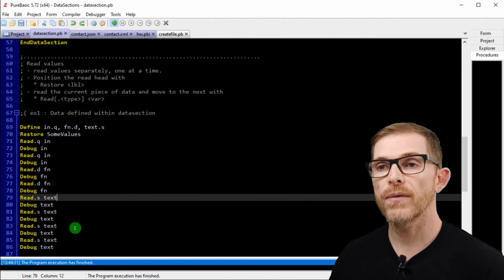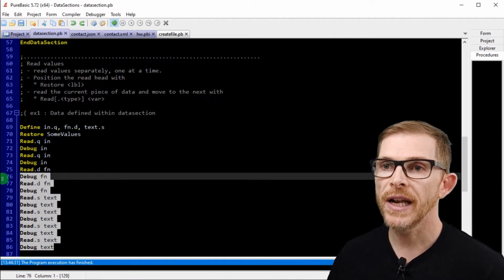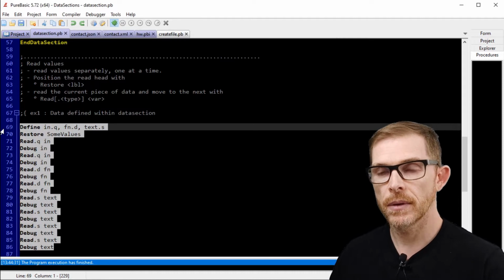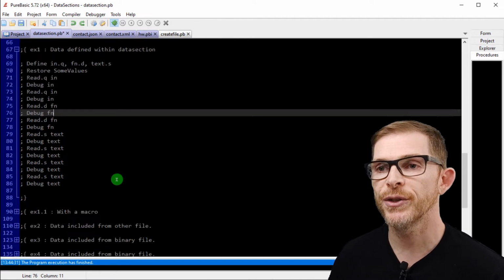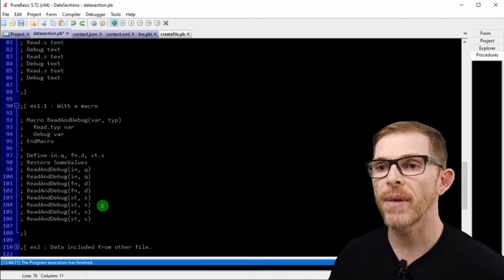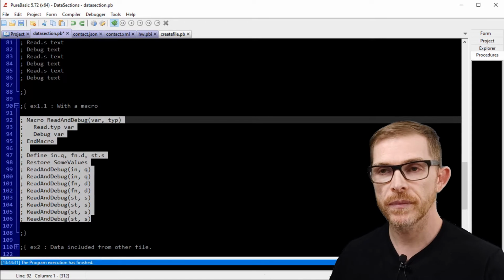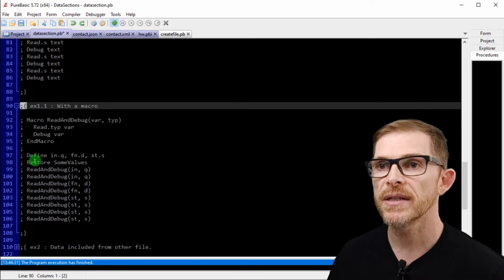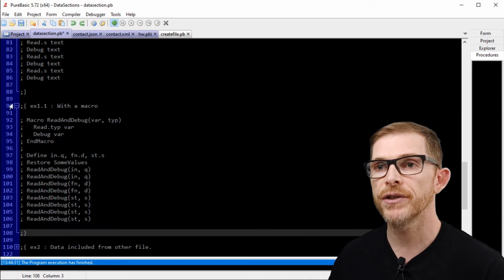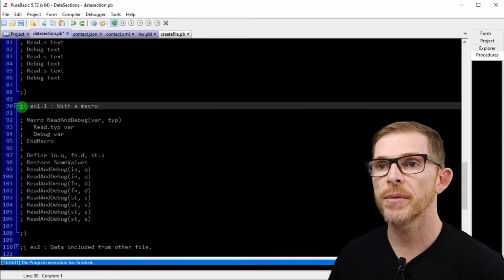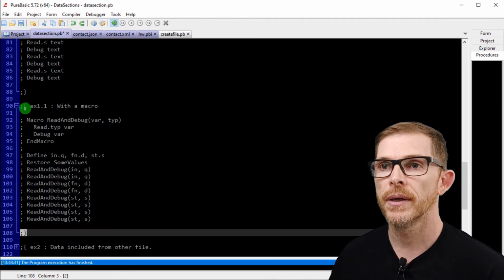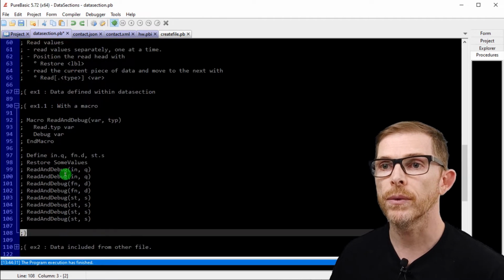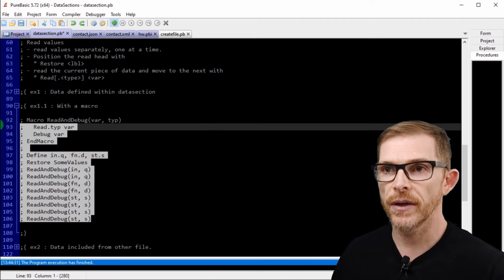Okay, so that's the first way of doing that. We could have done a little bit better with a quick optimization, nothing related to the data section: I could have written a macro here quickly. And by the way, you see I've discovered this semicolon curly bracket that lets you fold. If you put a semicolon opening curly bracket and a semicolon closing curly bracket, it creates a folding section that you can fold right there. Very useful. So, if I uncomment this,